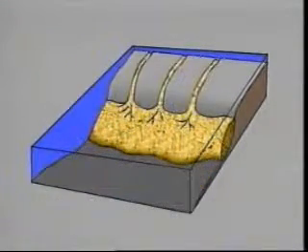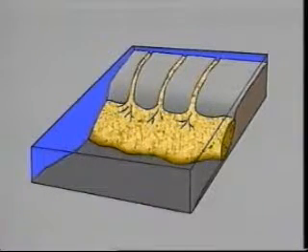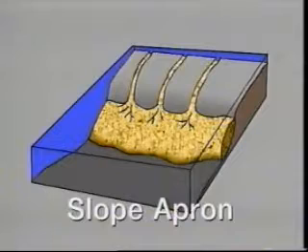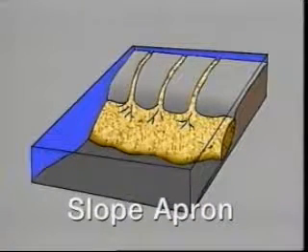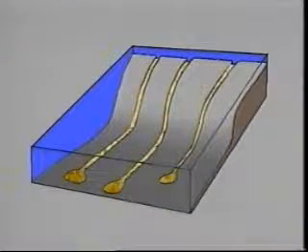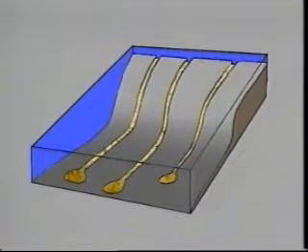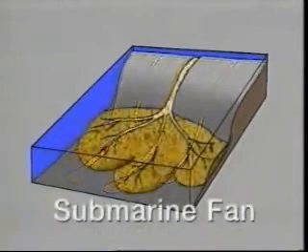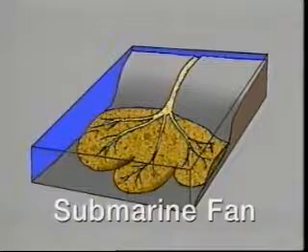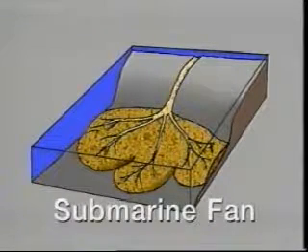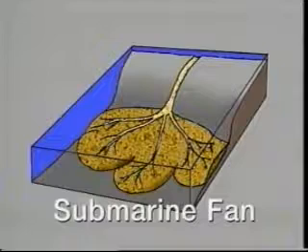Coarse-grained sediment may also accumulate in non-fan deposits. These non-fan deposits include slope aprons, as we see here, which are broad bands of sand-rich sediment fed through multiple canyons. Sediment may remain within levied non-coalescing channels that can extend for long distances on the basin floor to accumulate as elongate ribbon bodies of sand. Feeder canyons of submarine fans may also become filled with sand, gravel, or mud to form lenticular bodies of sediment